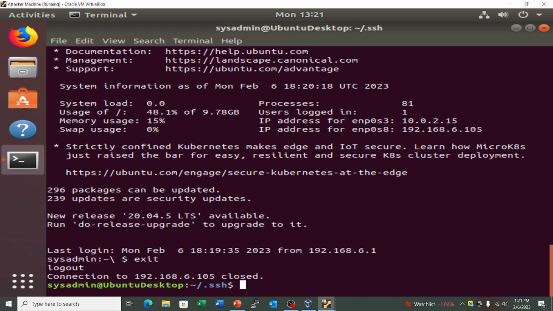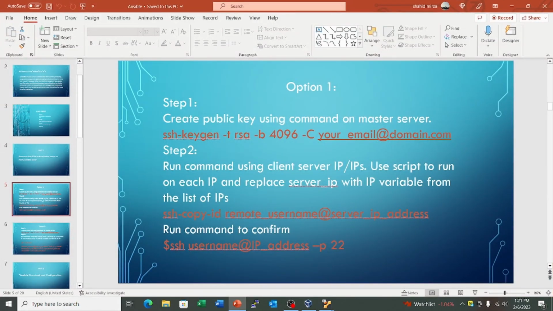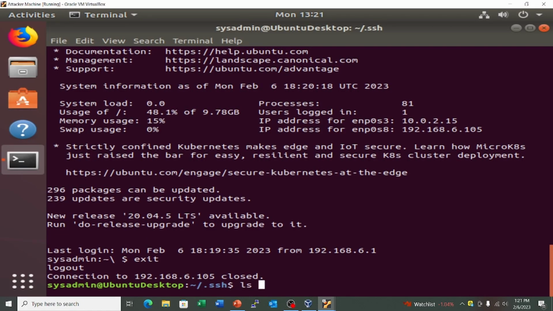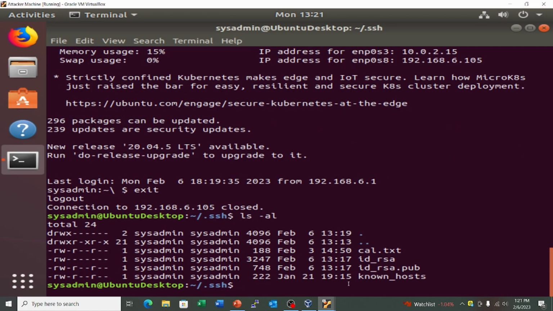But let me show you the commands, the rundown of how I did it. The very first one, I ran the ssh-keygen command with -t for type, and the key type is RSA, and then I used the bit size of encryption, which is 4096. Then I created the keys, private and public, and we use the public key to share with the client server, and then I ran that